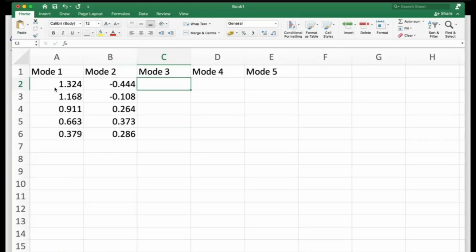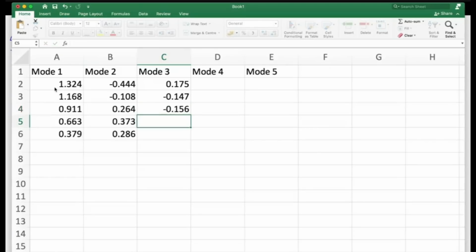For mode 3, 0.175, minus 0.147, minus 0.156, 0.081, and 0.200,